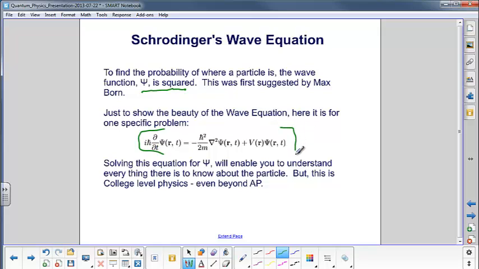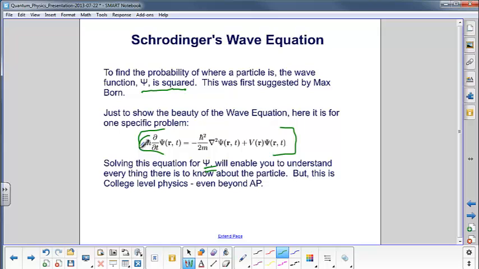Okay, this is, let's see, a second order differential equation. This is a partial derivative. This is the del operator. You won't have to know any of this stuff, well, frankly, till you get to college. But the nice part about this is it's very elegant, very beautiful, and there's a number of things you can get from it. You can solve for psi by solving this equation, and that'll tell you everything you need to know about the particle. And we'll just take one more step.